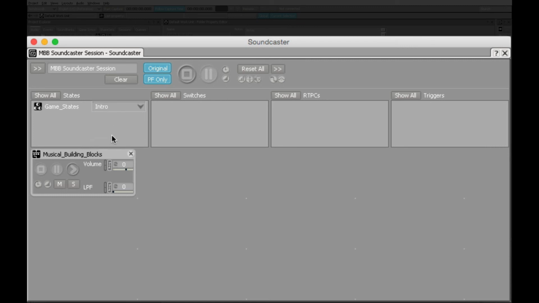And this works very much like the transport in Wwise. The difference, though, is that if your game has multiple switch containers or you have musical elements and you want to audition those alongside sound effects, you can put all of those things here into Soundcaster and hear what everything sounds like together in context. Just to give you an idea, I'll start here with intro, set that up, make sure that's my game state, click play,